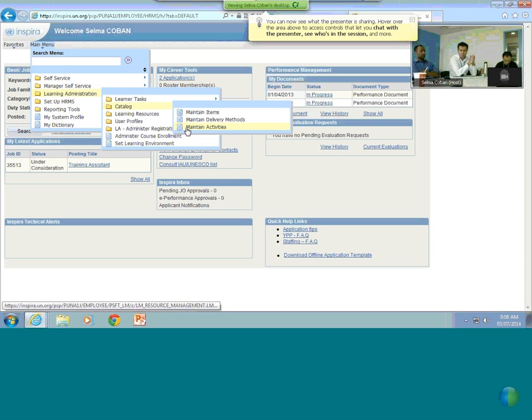When we provide you your access, basically we will modify the roles of your Sphere account. We will be using your same Sphere account, index number, and password. And then this tab for Learning Administration will show up on your account. From Learning Administrator, you go to Catalog, and you go to Maintain Activities. This is an important concept that I would like to share with you before going into the screen. An activity basically is a class for the system.